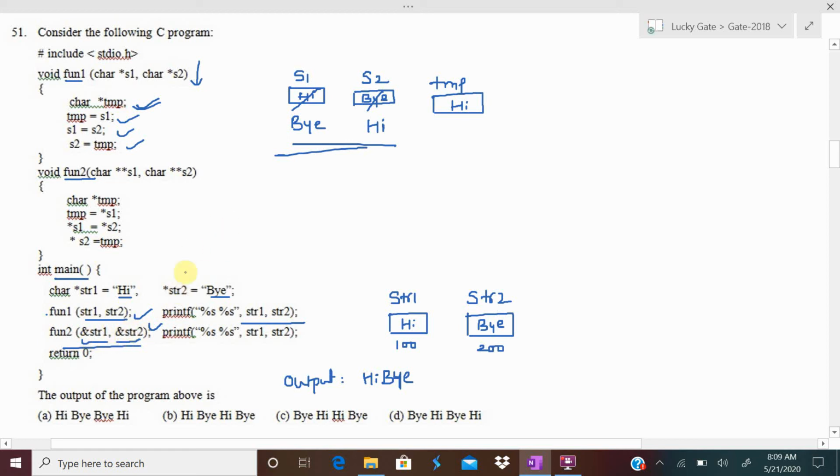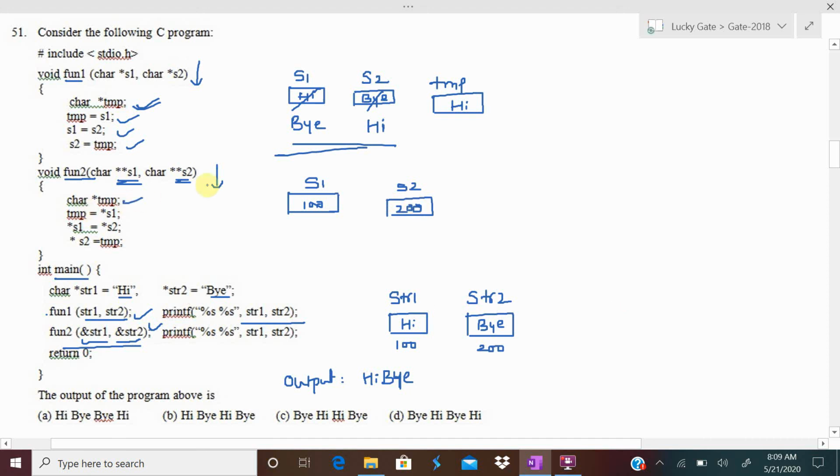Here fun2 has two character pointers, s1 and s2. Now s1 contains the address of str1, which is 100, and s2 contains the address of str2, 200.